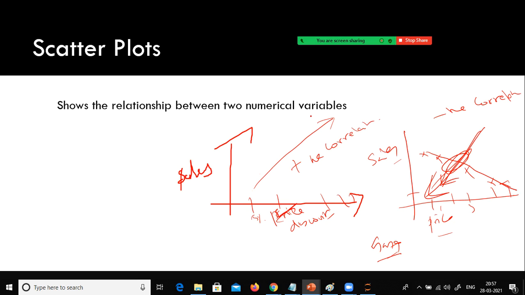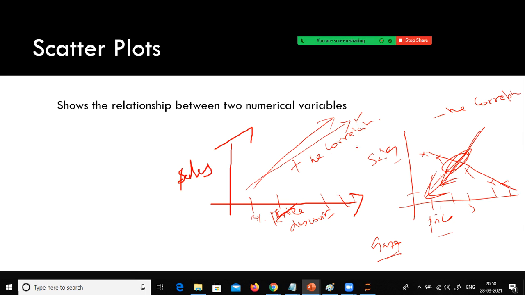Instead of the line going this way, let's say I draw a line like this. What does this line say? Is this a negative correlation or a positive correlation? It is going in an upward trend, right? Even this one, see, this one is a steep upward trend, and though this one is not as steep, we could still see an upward trend. So even in this case it has a positive correlation.